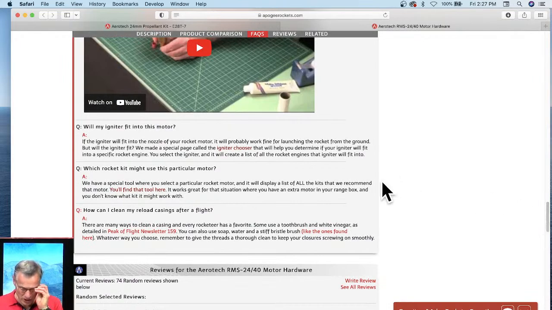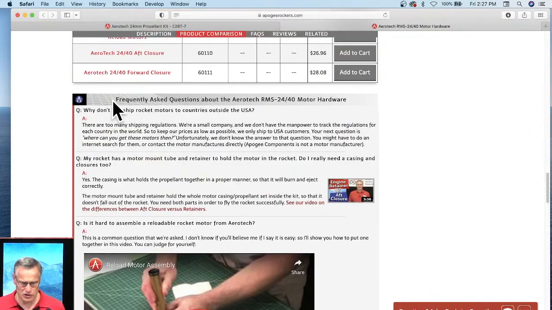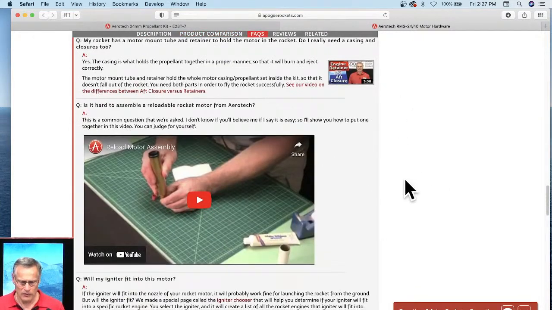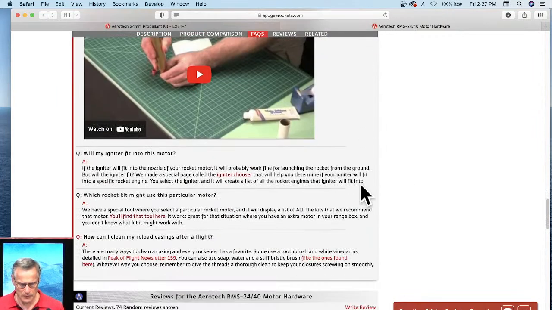Right here in the frequently asked questions section, here are frequently asked questions about the RMS 2440 motor. If you scroll down, there's a very common question: people ask us all the time, which rocket kit might use this particular motor? If you read through it, it says you'll find a tool here. So if you click on that link,